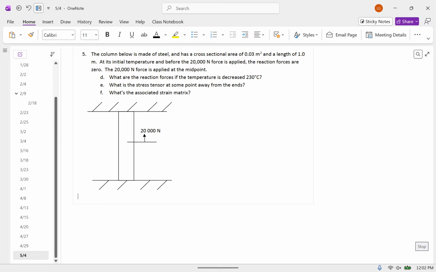What are the reaction forces if all these problems have these crazy changes in temperature? If you ever have a column this big that decreases 230 degrees Celsius, you have a lot bigger problems than